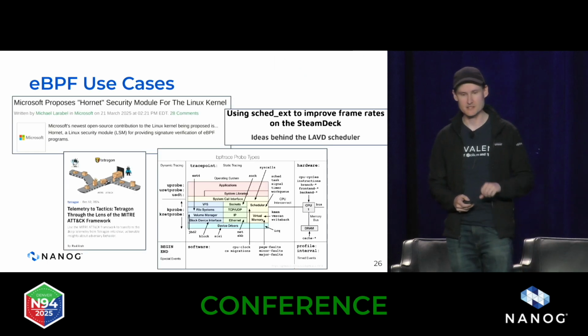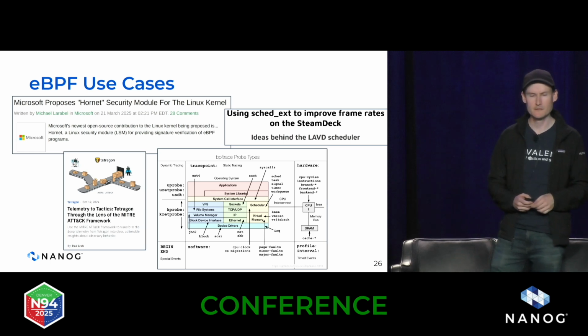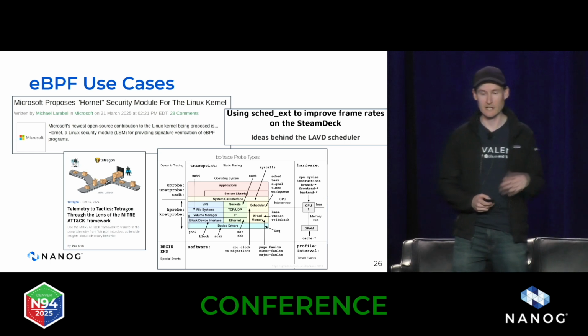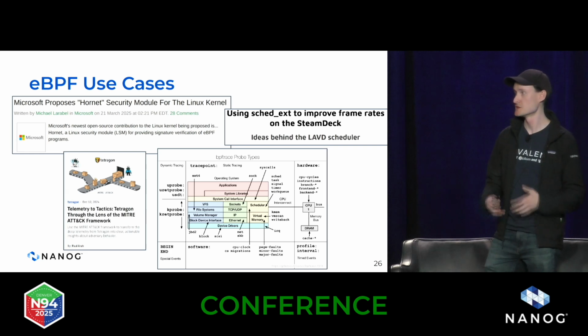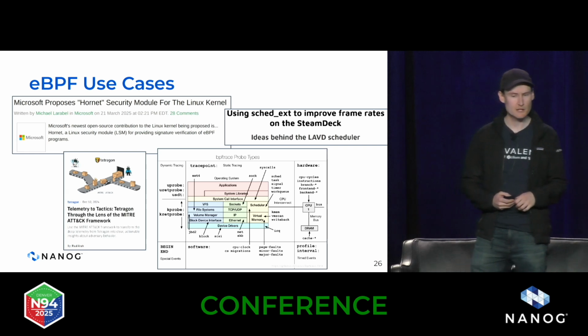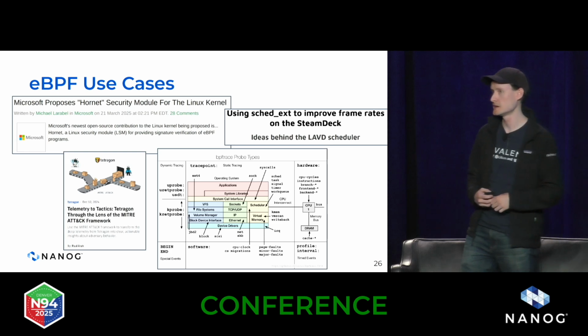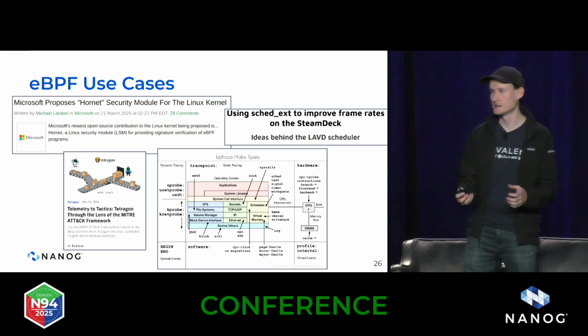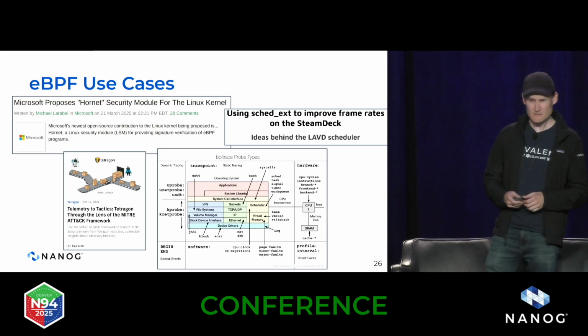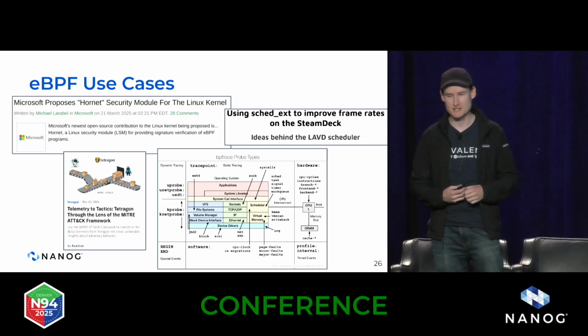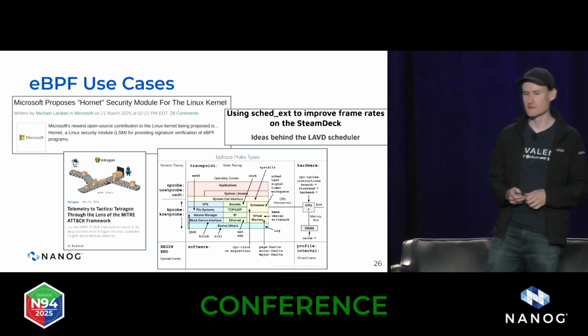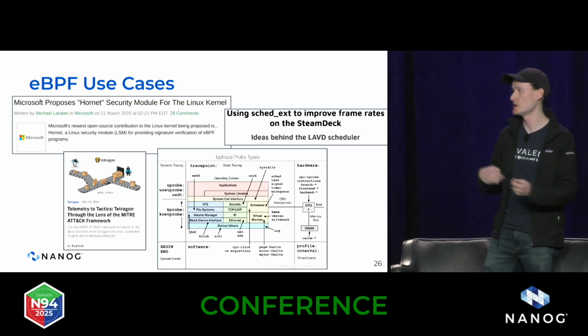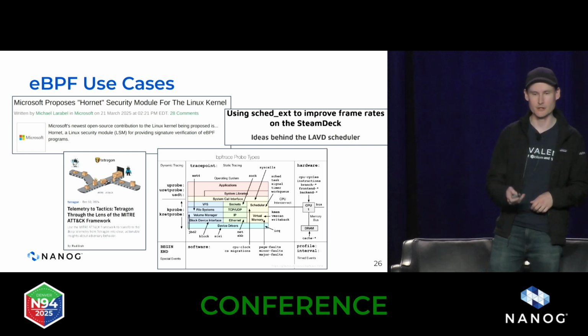So here's just a sample of some of the use cases we're seeing in eBPF. eBPF is being used for Linux security modules for enforcing in secure cloud environments. It's being used for runtime security, both monitoring and enforcement, to mitigate various different CVEs, but from the host itself. It's being used in gaming devices to optimize frame rates to make the performance of video games much quicker. And finally, there's a range of different tools available in the bpftrace project that allow you to introspect specific operations that are happening within the operating system kernel.